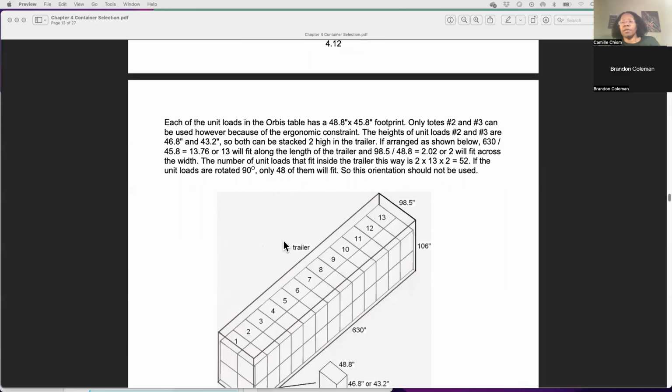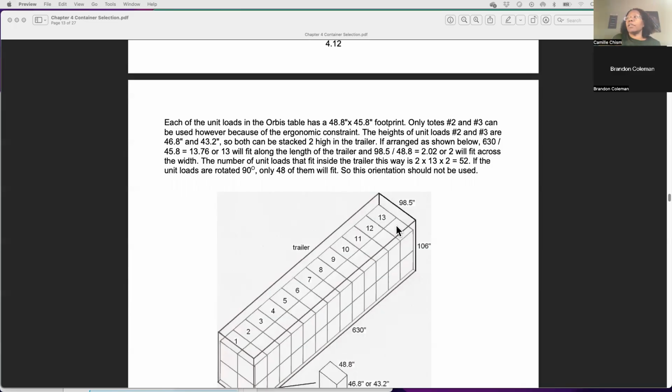Instead of being the 48 by 40 grocery pallet, for example, it's a 48 by 45 pallet. So if you get in TOPS or CAPE, now you've got to build your own pallet. You've got to build all your own totes. You can do that, but it's not used very often because by the time you do all that, you might as well just calculate this yourself. And plus, since these are all standard sizes,